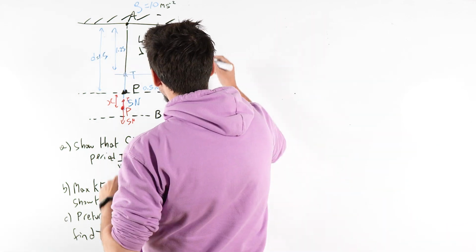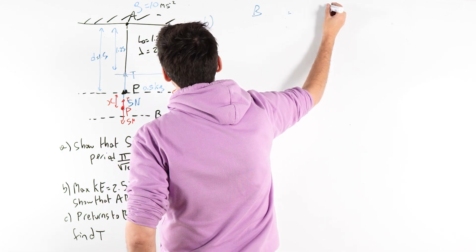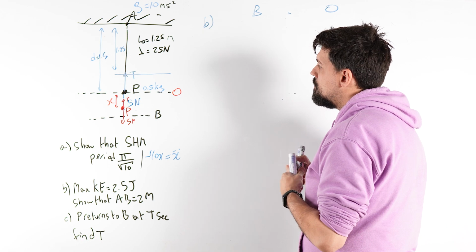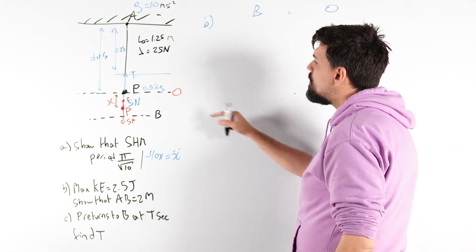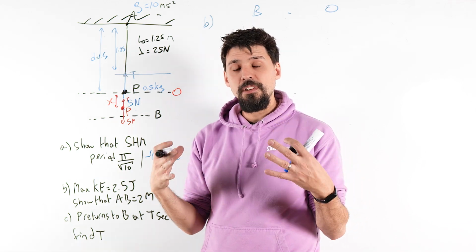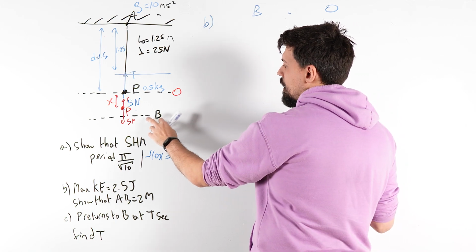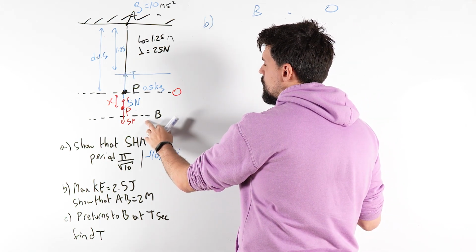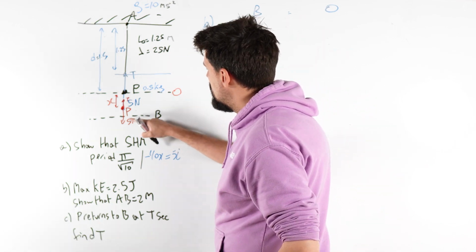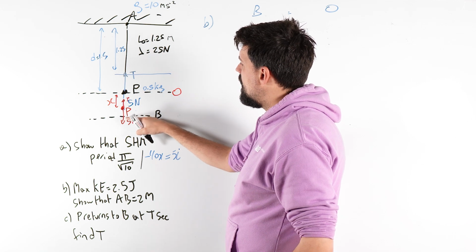So for part B, let's consider our energy. So let's go energy at B is equal to the energy at O. Now, what is my energy at B? Well, I'm going to just take that as my 0, just in terms of my gravitational potential energy. It's fine, the math sorts itself out. It's only about change anyway. So what do we have? We have some elastic energy. So how much elastic energy do we have? Actually, I'll take this as my start, that's fine. Elastic energy, well,